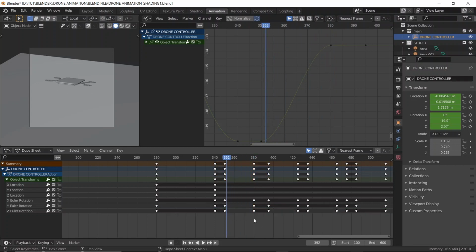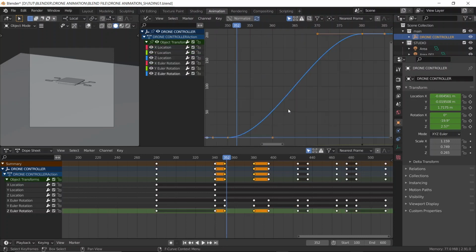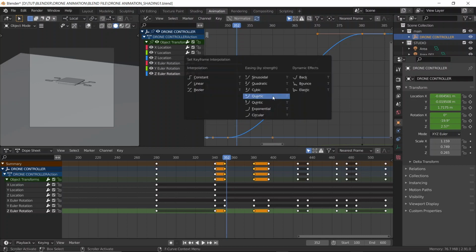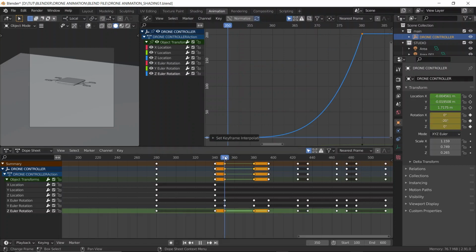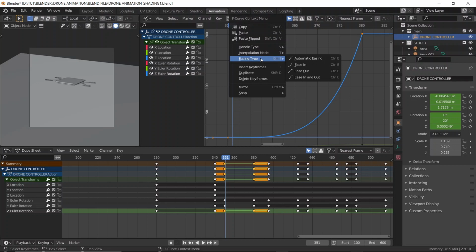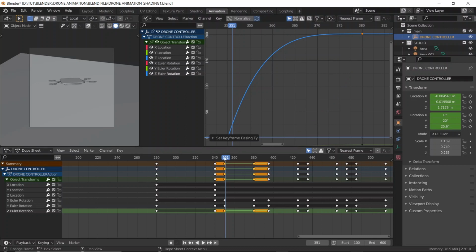So let's select these two. Then over here I select these again, and then it comes in better, so we'll get this view. Then I'm going to hit T, remember T, and then quartic. Here it's starting very slow and then ending pretty fast, and that's not what I want. We want the opposite. We want it to start quickly and then ease out. So let's right click, then easing type, and choose ease out, which is the opposite of what we just did, right? So if we play now,